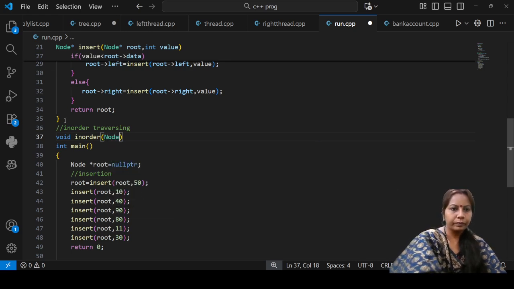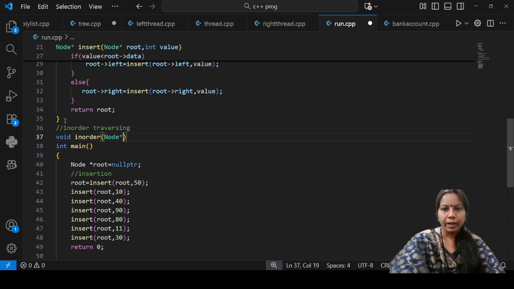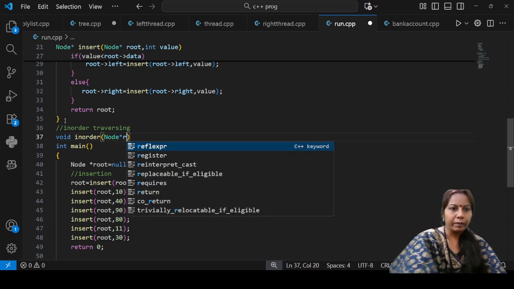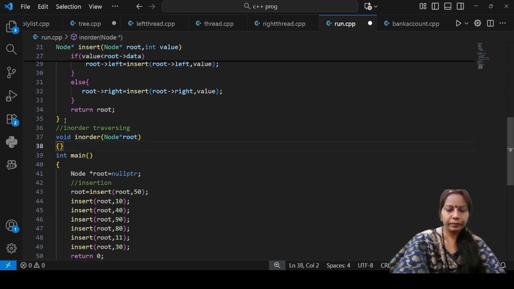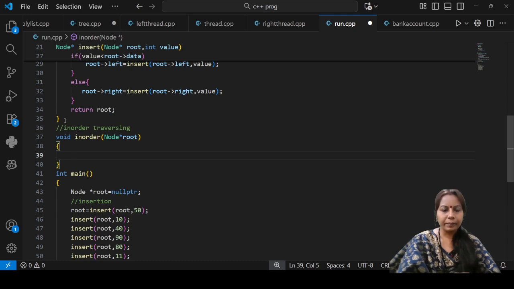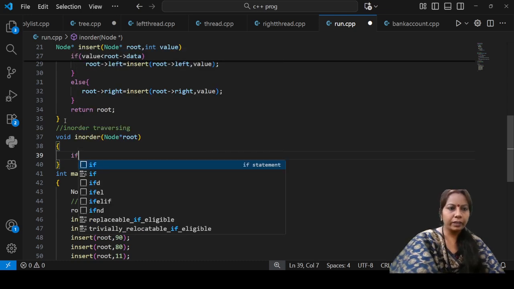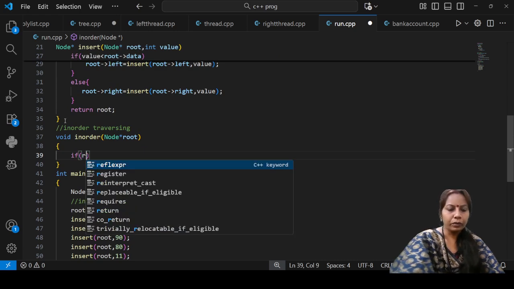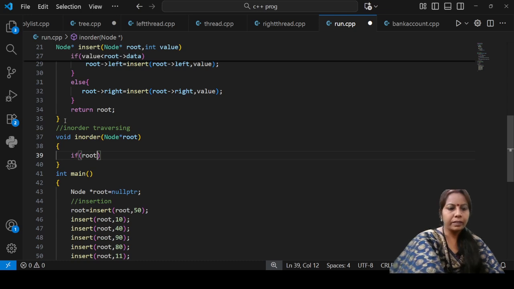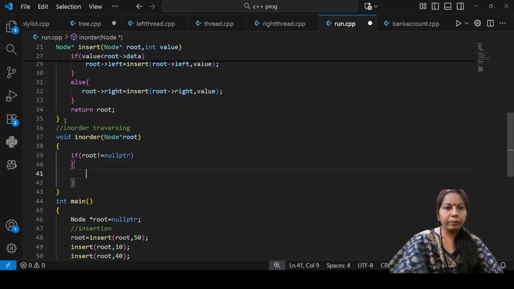So this is the node, and this is the variable जो कि हमारा pointer type है. And inside this part again here I am going to check the condition. So if अगर हमारा root is not equal to null ptr हो, ठीक है.